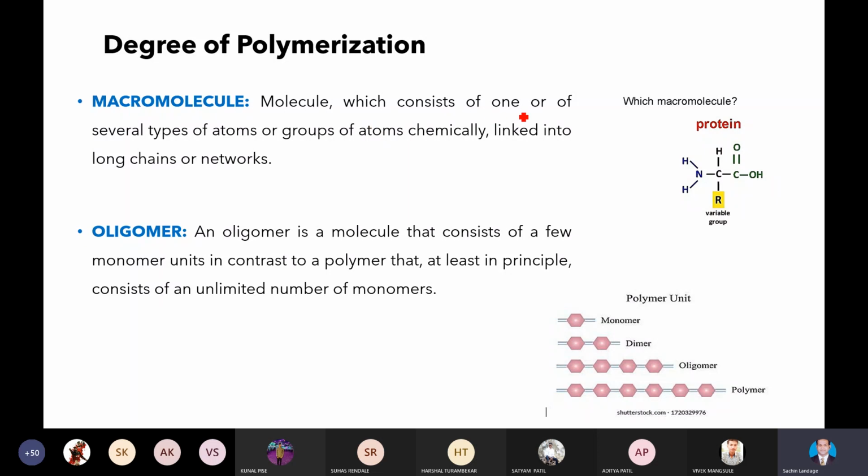Now the next thing is the macromolecule. A molecule which consists of one or several types of atoms or groups of atoms chemically linked into a long chain or a network is nothing but a macromolecule. As I told you, examples are wool fiber or silk fiber. And the repeating unit, I told you,